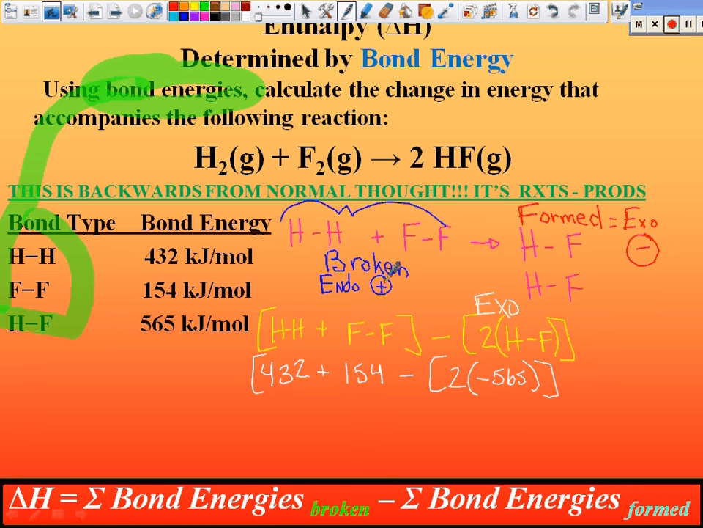Now I need a little bit of help with calculations. Does somebody mind helping me with those numbers? Not you? Just go ahead and give me the whole answer. So 586 minus negative 565 times 2. So it's going to be plus. So it's going to be